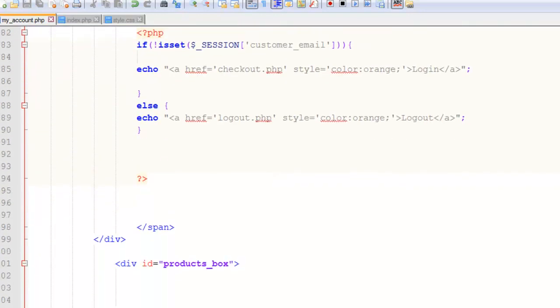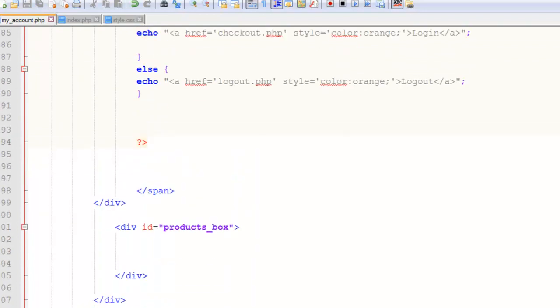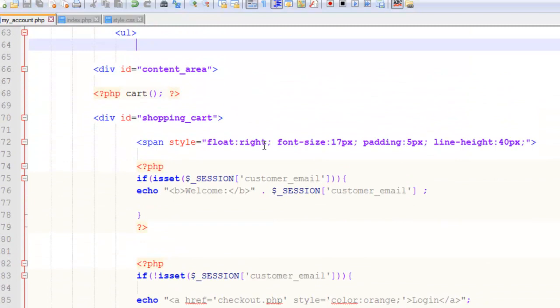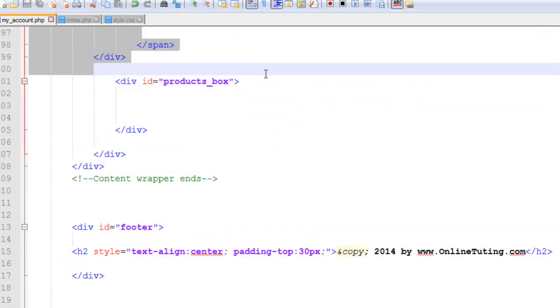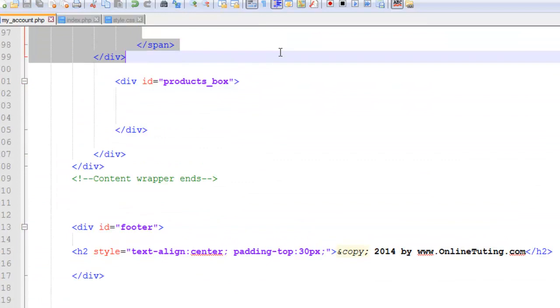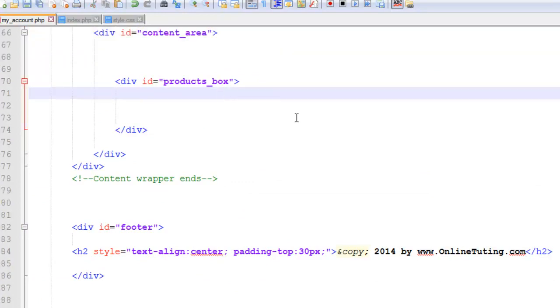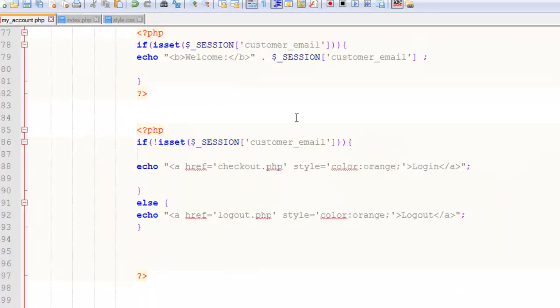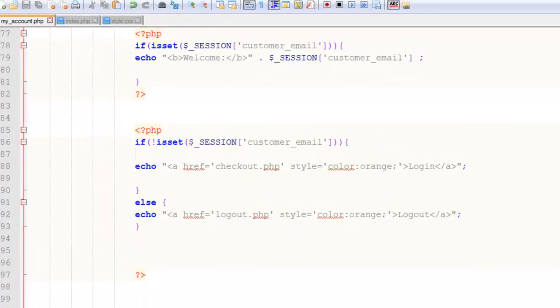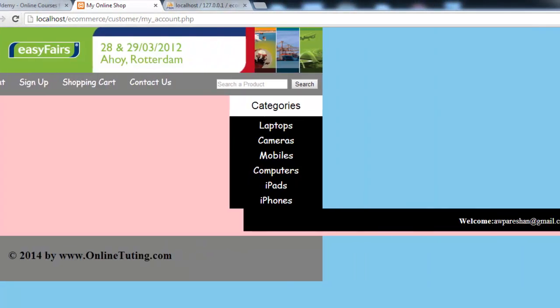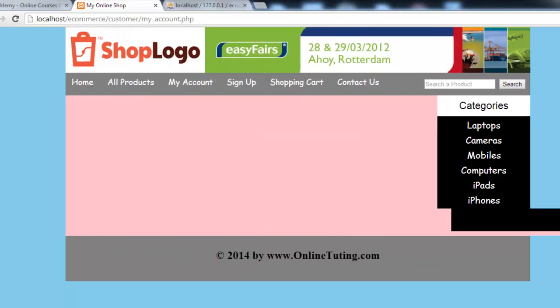Sorry, we need to put this thing somewhere else. We'll just copy this whole, I mean not copy, actually cut. We'll paste it inside the products box. Now Control S to save and refresh. Don't know what is the problem with it, but